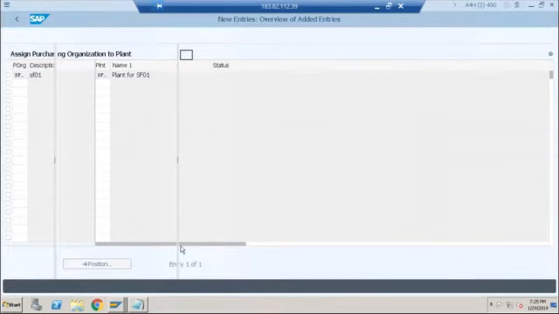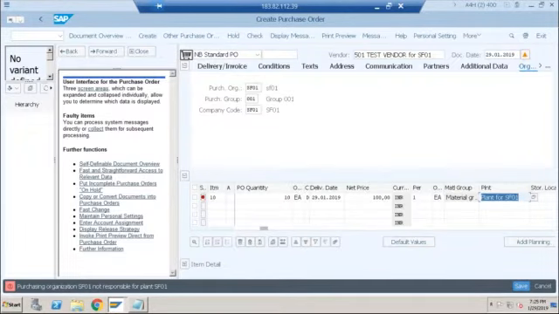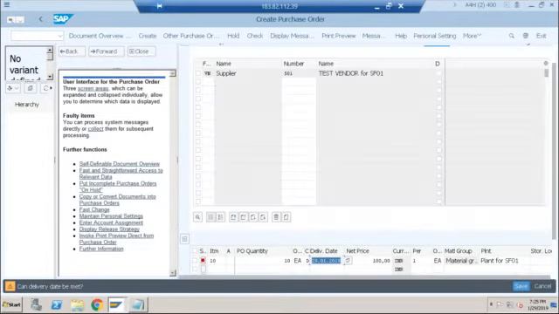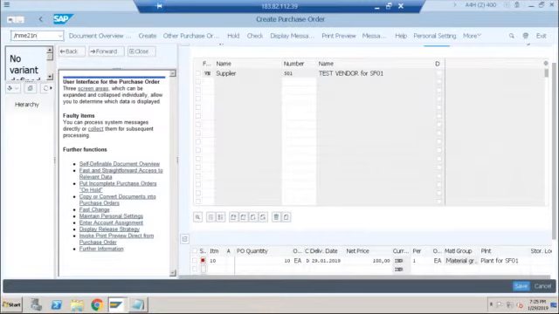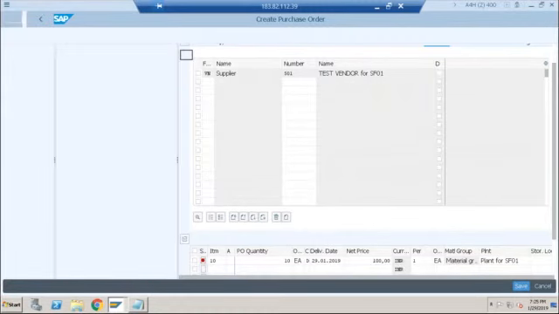There's still some error. Okay, it is still showing the same error, so maybe I need to go out and come again on the screen. So ME21N, vendor number is 501. Let's go to the organizational data.